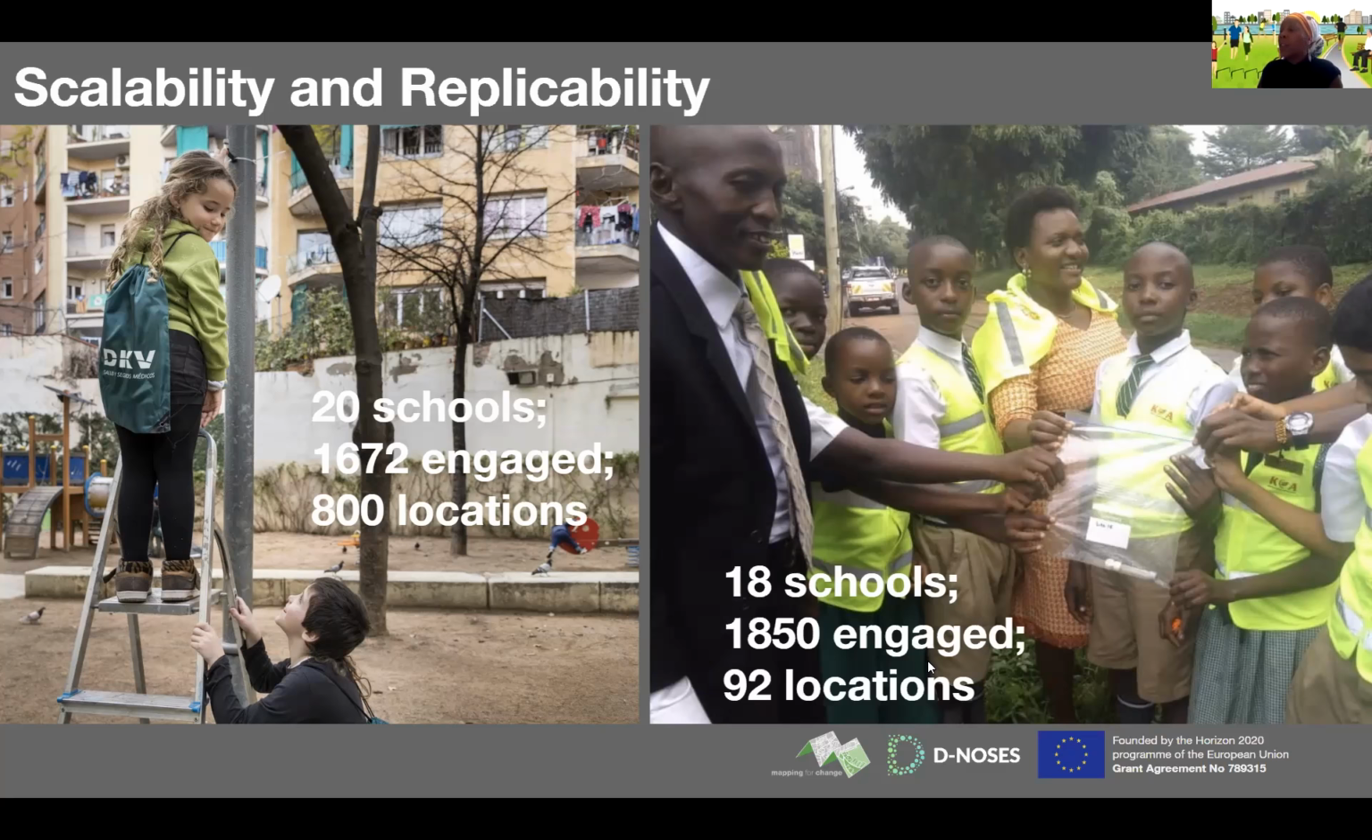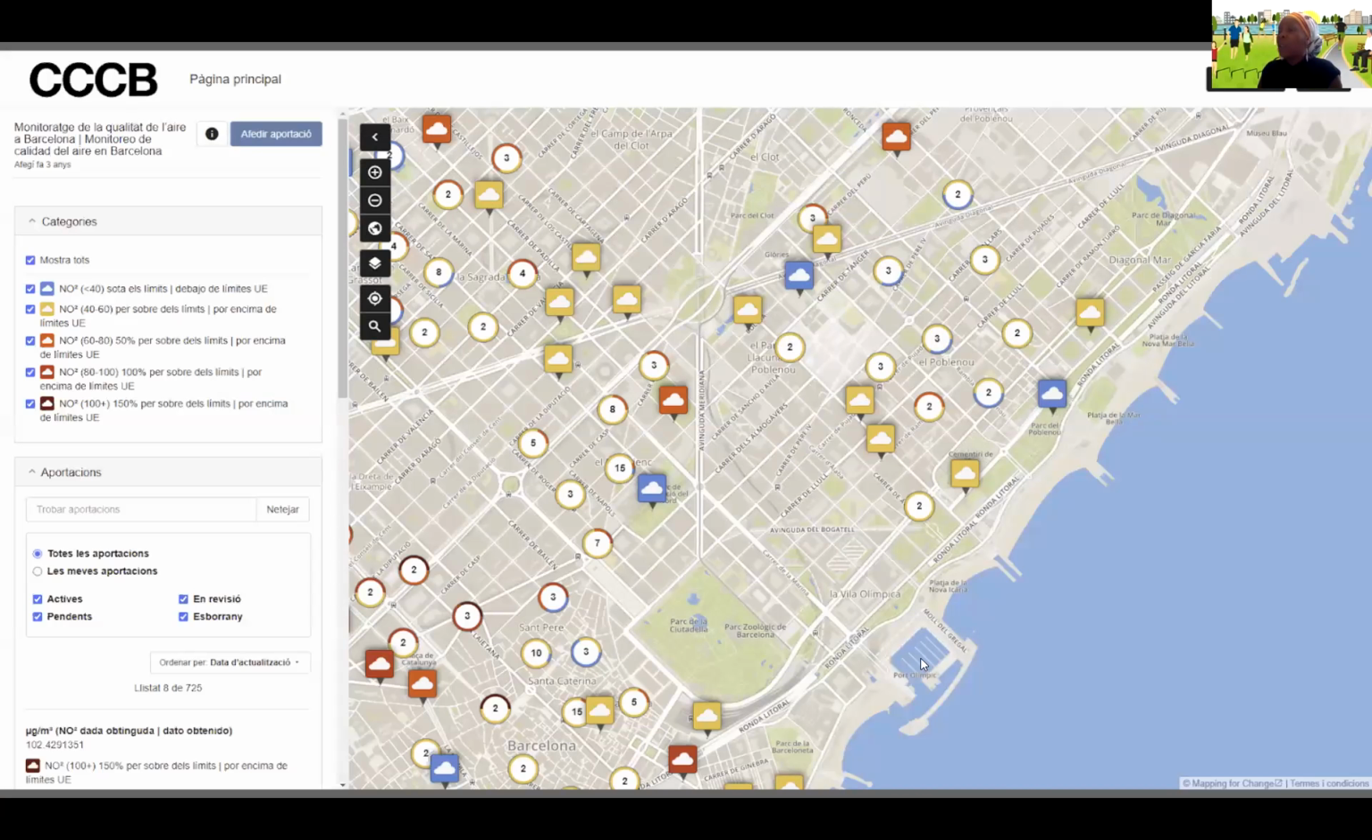And just as an example, again, in terms of scalability and replicability, in the case of Barcelona, you can see they use the same community mapping platform and system to map the nitrogen dioxide data that they collected there. You can see it's all in Catalan, so we won't be able to read half of it, but that platform is actually multi